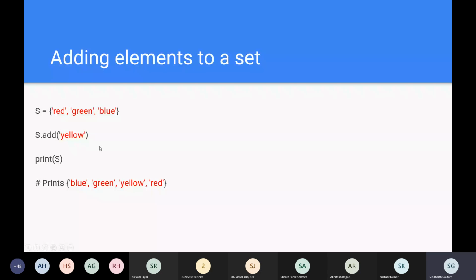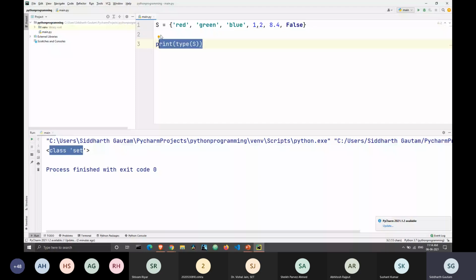So I have my set here. Okay, let me just remove this. Let me just move this print statement a little ahead. I will just type s dot add, and inside the add I can type, let's say I add the number 6. And instead of now printing the type of s, I will just print the set itself.